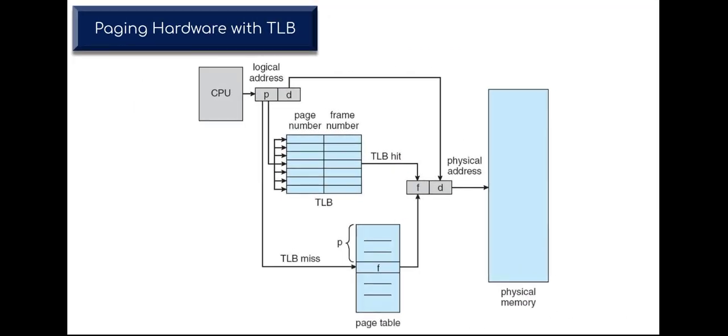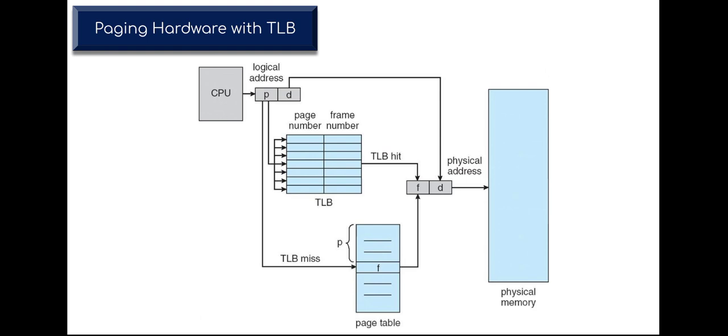So here is the hardware arrangement of TLB, paging with TLB. TLB stands for Translation Look Aside Buffer. If you observe here, this is the CPU, which creates the logical address. This is the RAM, that is main memory, where the physical address will be mapped. This mapping of physical address to logical address can be done using the page table in the case of only the paging technique, but one more thing is added here, that is TLB, translation look aside buffer.